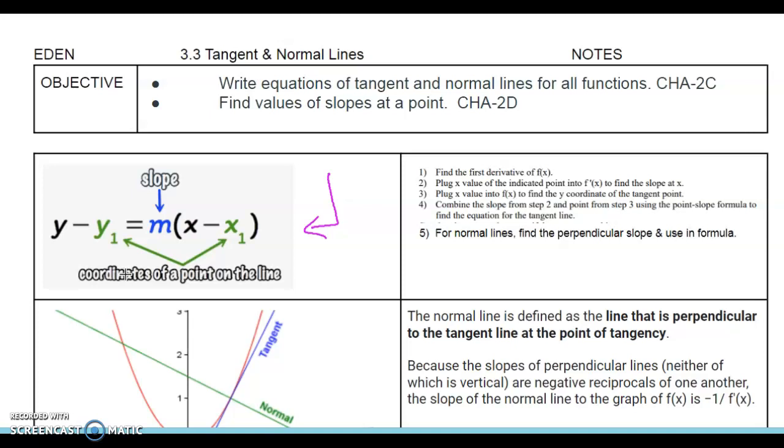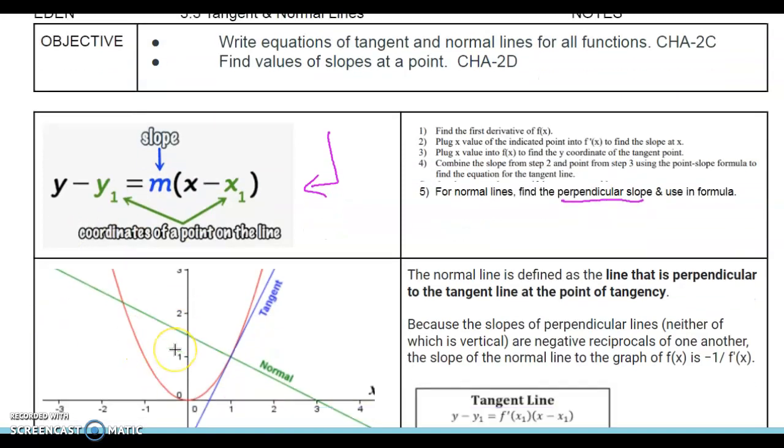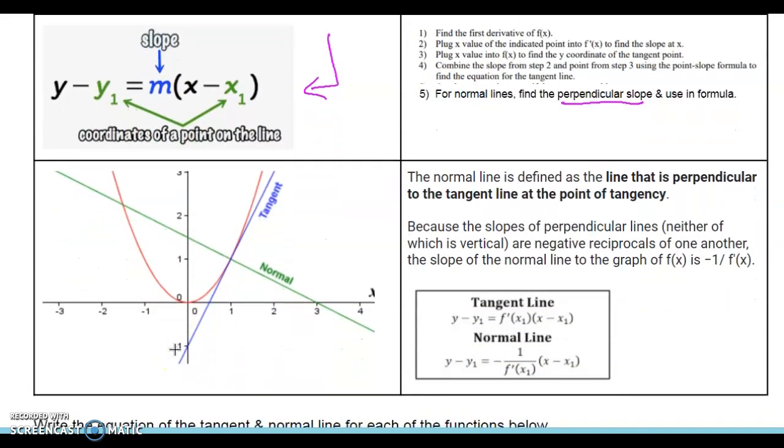For normal lines, you're going to find perpendicular slopes. So let's look at our diagram because that shows you the difference. A tangent line will be kind of touching the curve. It can go through the function, things like that. But a normal line is actually perpendicular to the tangent. So you will still find the derivative for the tangent slope, and then when you want the normal line, you'll